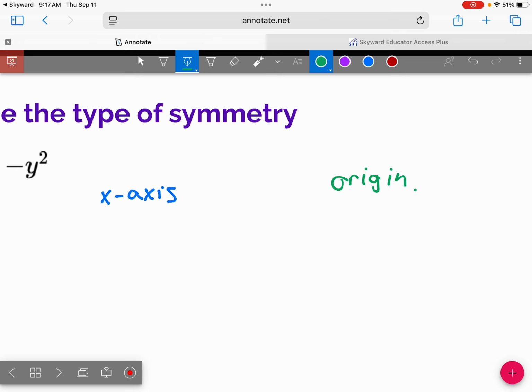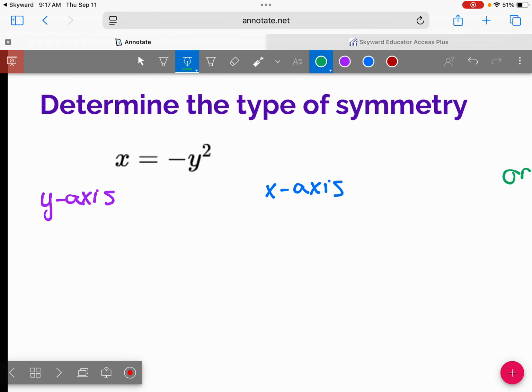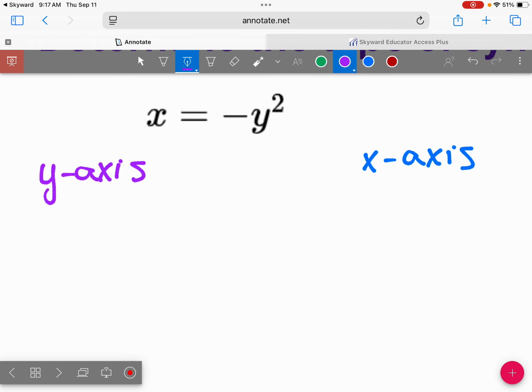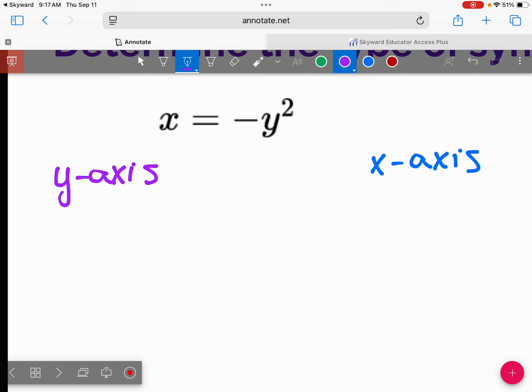It is very rare for something to have more than one kind of symmetry, but it is not impossible. We will see one example of it today, because I want us to see what that means. So when we're looking for our y-axis symmetry to see if this is even, we're going to replace x with minus x to see if we get the exact same equation we started with. So this is our original equation. If I replace my x with minus x,